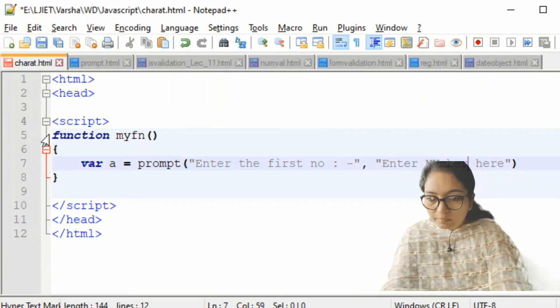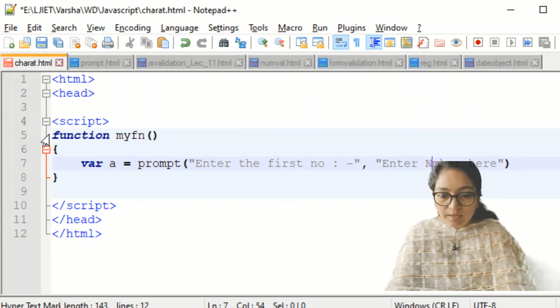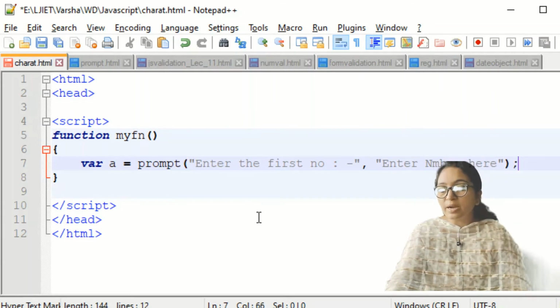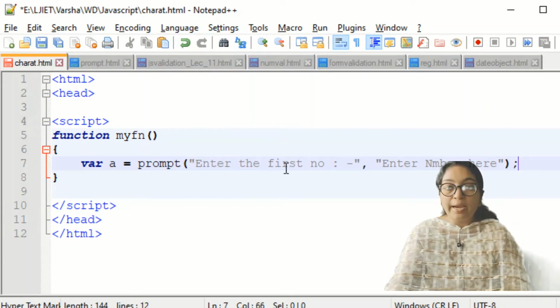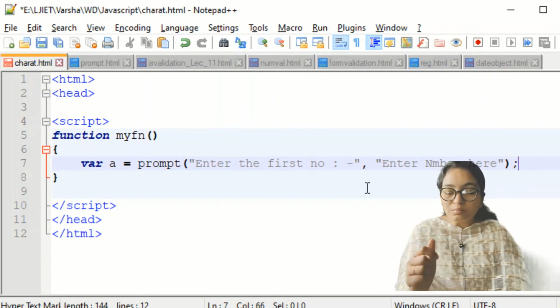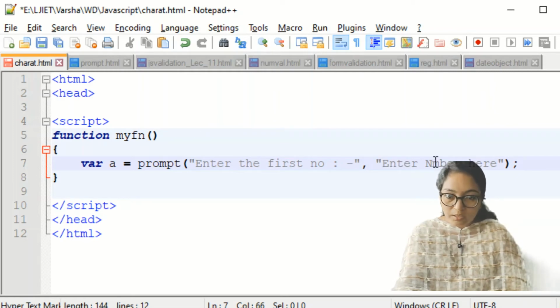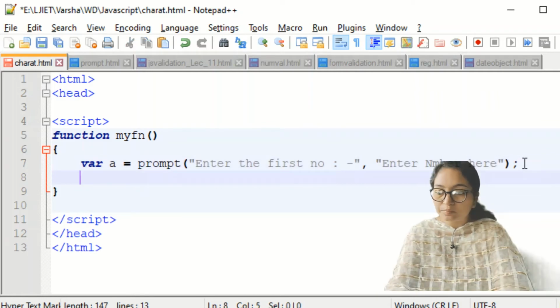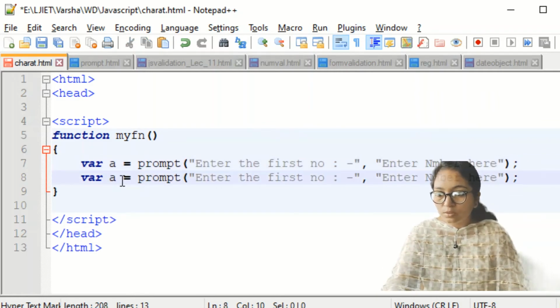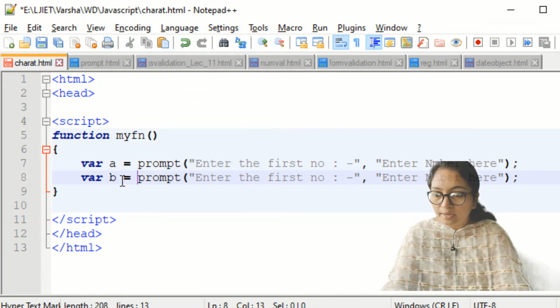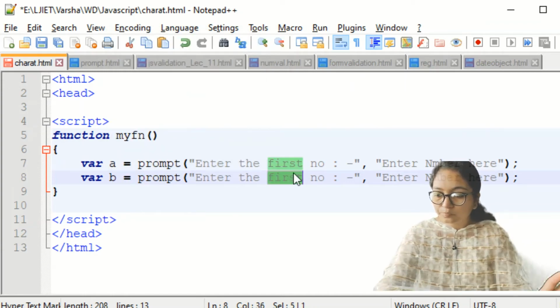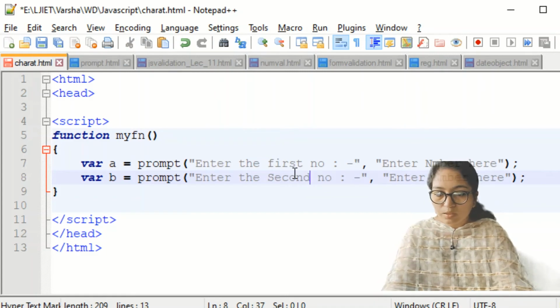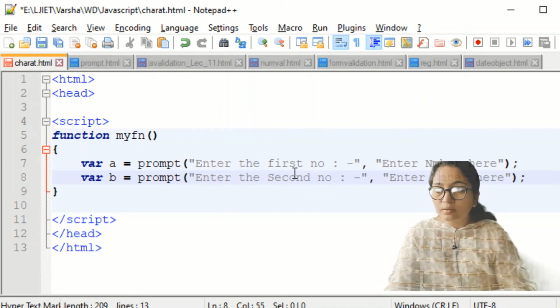What it means is that whenever this prompt runs, it will display the message "Enter the first number", and in the text box where you enter the number, you will get the value, which is the default text "Enter number here". In the same way, copy the statement and paste it here, write variable b, and "Enter the second number", and here write "Enter the number here".